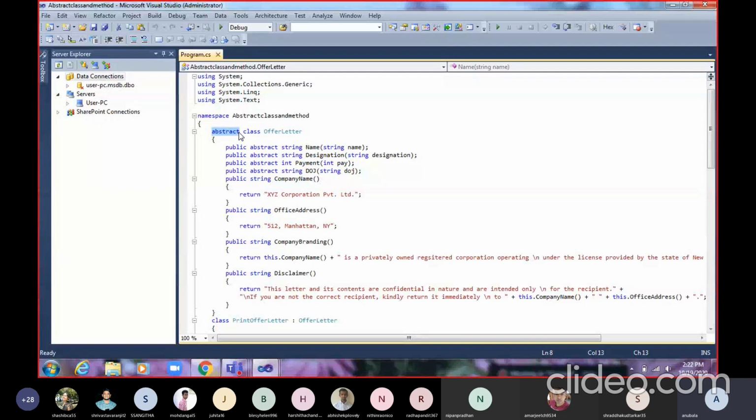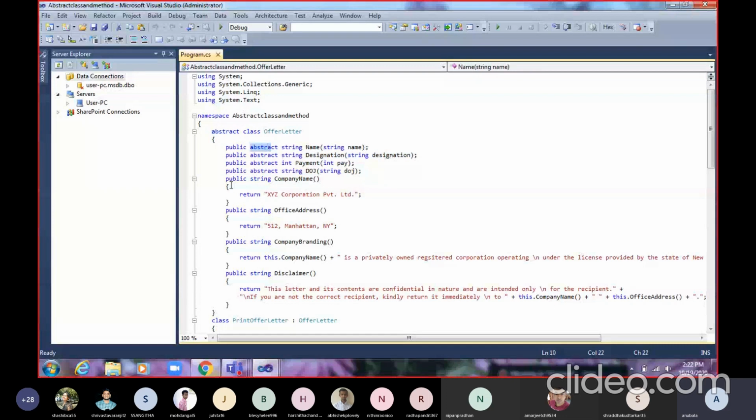When we are working with an abstract method, we know that we only declare it, and we have to define this abstract method in the derived class. All these four methods are abstract type methods, they have the abstract keyword.